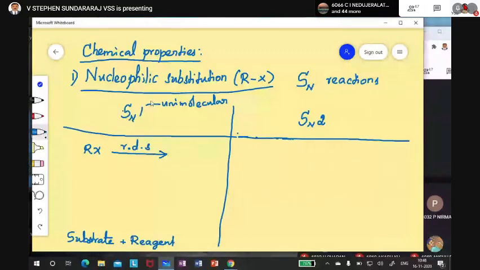Because the unimolecular means what? Molecularity, what means? Number of molecules colliding with each other in the rate determining step. In case of multi-step reaction, complex reaction, generally the slowest step will be the rate determining step because the faster step will take place in no time. It will not affect the rate. It will not be contributing to the rate. Only the slowest step will be contributing to the rate of the reaction. Okay, so in the rate determining step, only one either substrate or reagent.